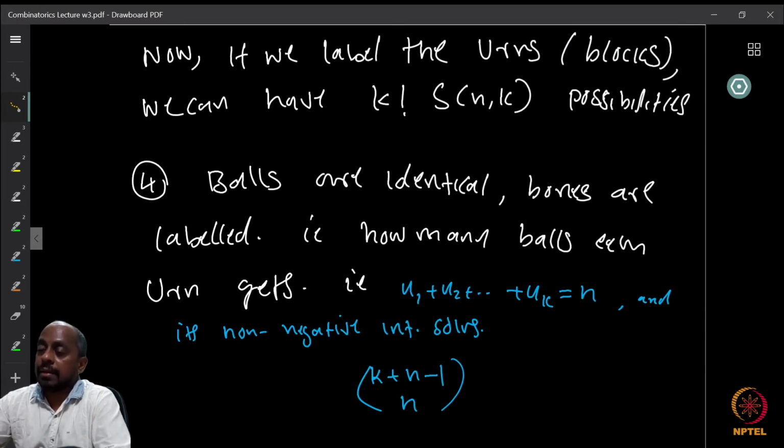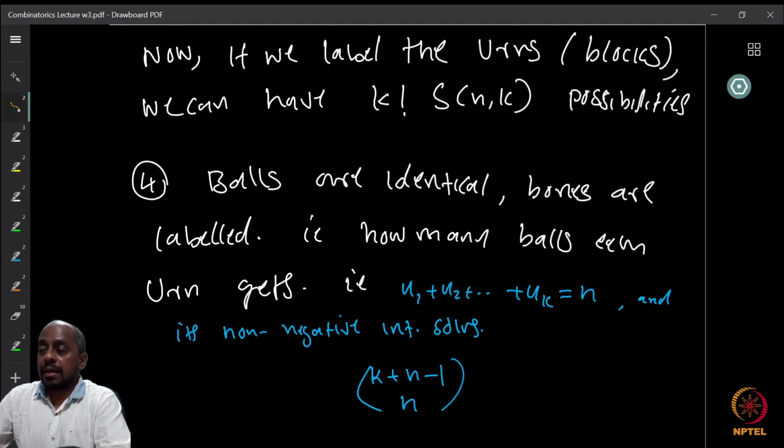Now in this case, what matters is how many balls each urn gets, because the balls are all identical. So which ball goes where is not important, but only how many balls are going to each of the labeled urns. So therefore you can think of the urns as the variables which take the values,